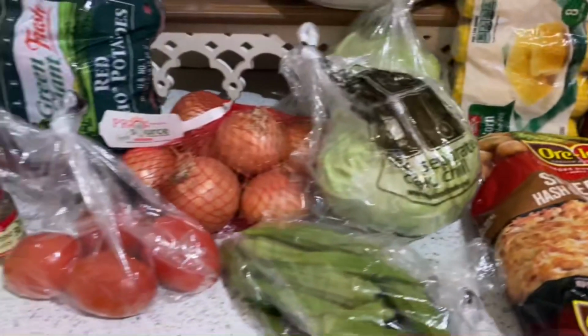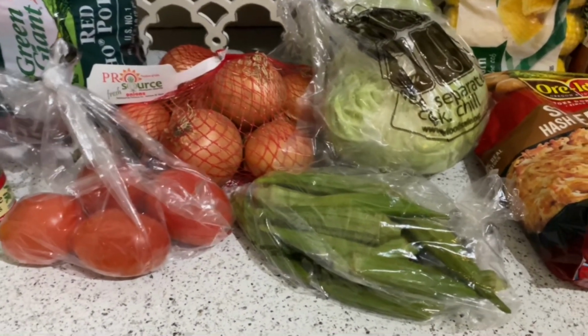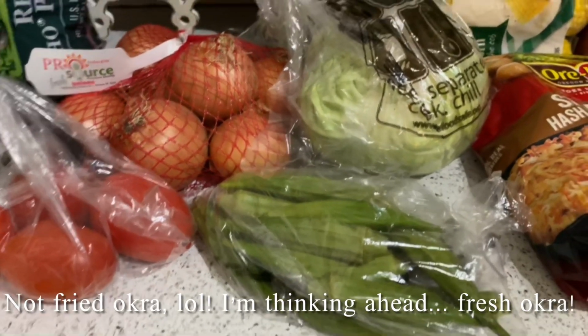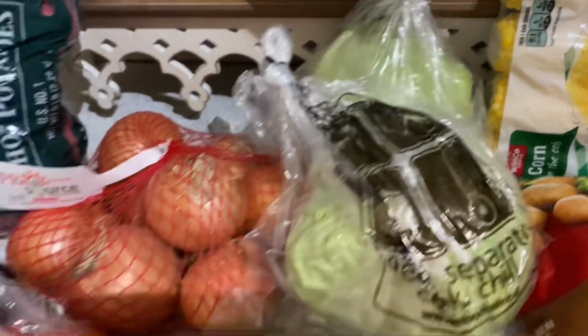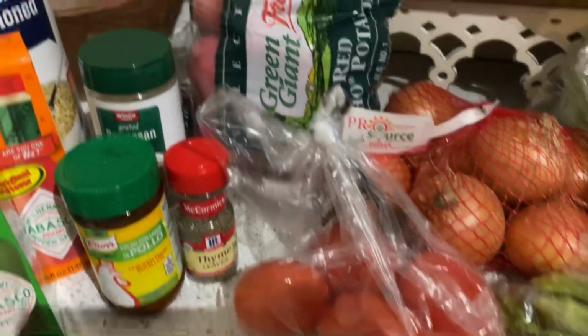And then for the produce, last but not least, actually I have seasonings to show you as well. But for the produce, I have some fried okra, which is gonna go with the fish for dinner. And then I have a head of cabbage and a head of lettuce, some brown onions, Roma tomatoes, a bag